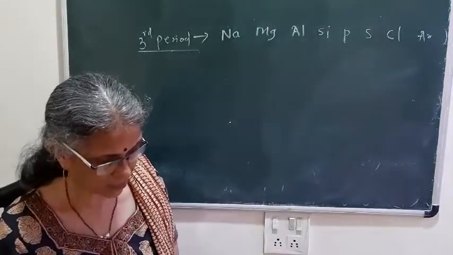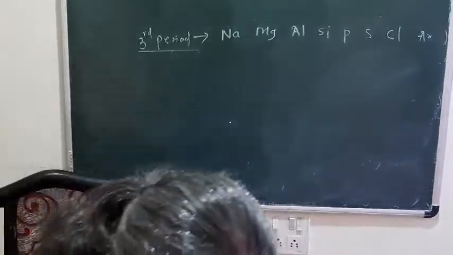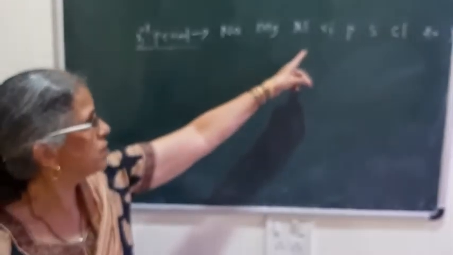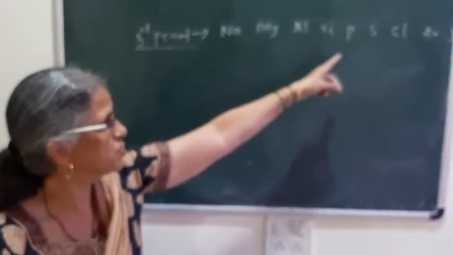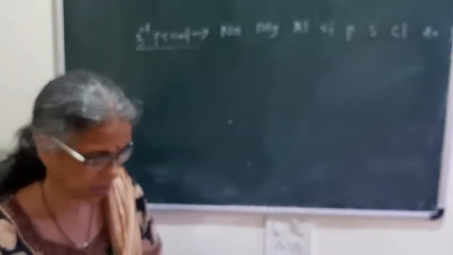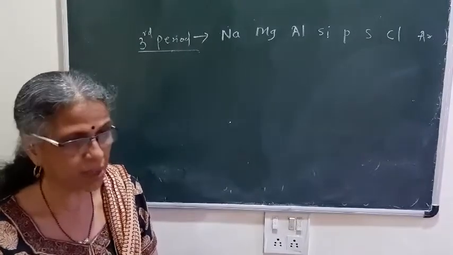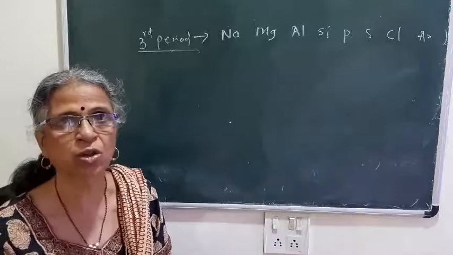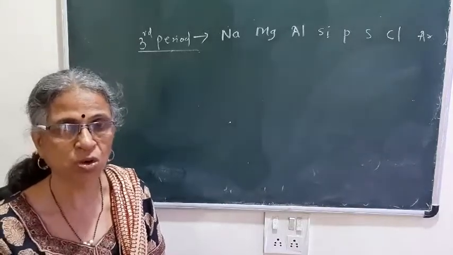That is your answer. On which side of the period did you find the non-metals? So non-metals are on the right hand side. So here sodium, magnesium, aluminium are metals, silicon is a metalloid, and phosphorus, sulfur, chlorine are non-metals. And in between them there is a zigzag line, that also we have seen in the structure of the modern periodic table.